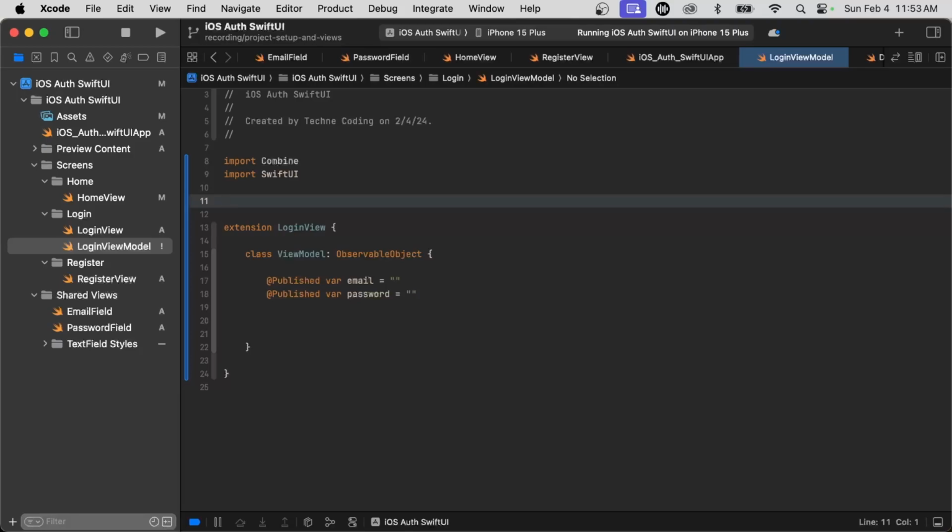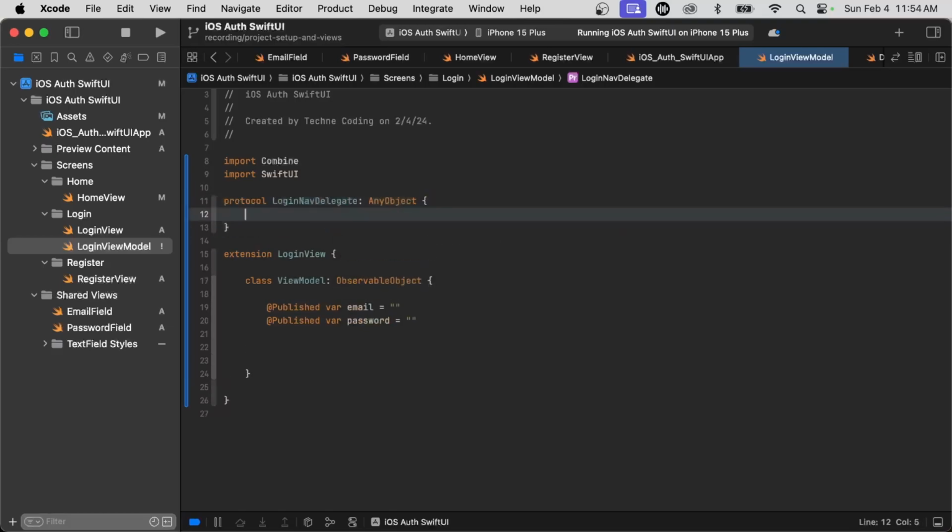So we're basically passing all the actions from the view model back to the coordinator, which will essentially be an object that passes views to our main root view, and then it will handle the navigation. So we're going to say protocol LoginNavDelegate, AnyObject. It's going to be func onRegisterTapped,